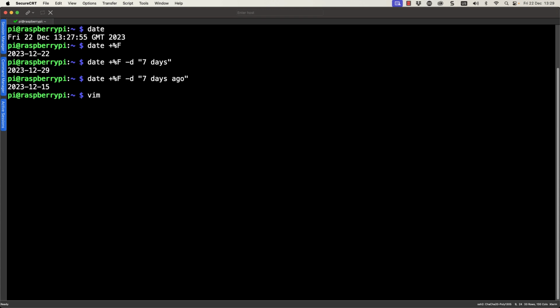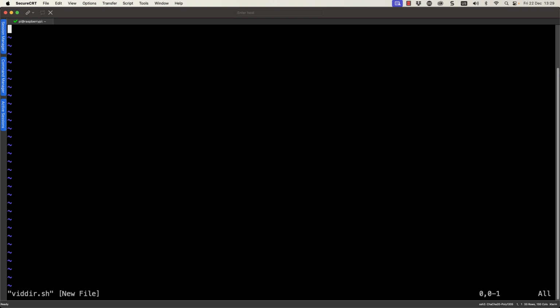And of course, we are going to script it. So let's go through and open it up in your favorite editor. I just call it viddir.sh. And we can begin with our shebang, the script interpreter that we want to use. I will probably fire it up directly with bash anyway, but it's always worthwhile putting this shebang in.